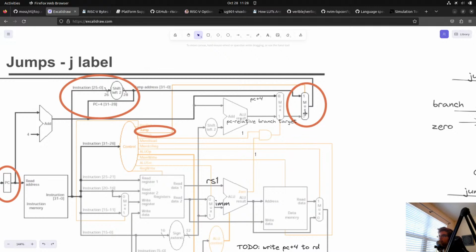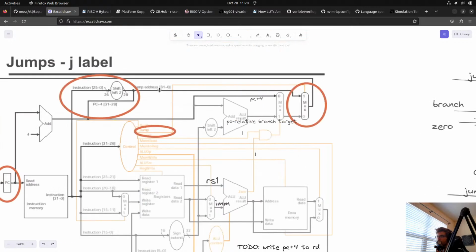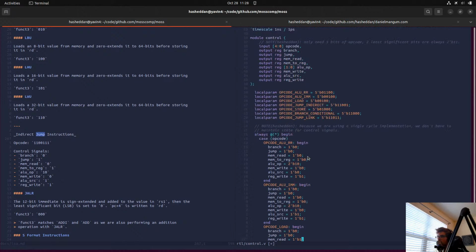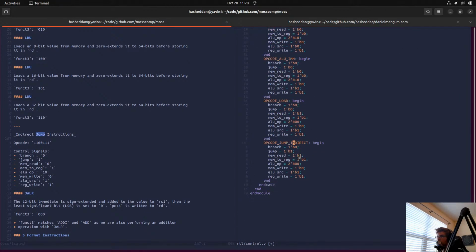But if we have jump, we're selecting the shift left address in this diagram anyway, so we really don't care about that. So in the don't cares, I guess we'll just set them to 0 for now. All right.